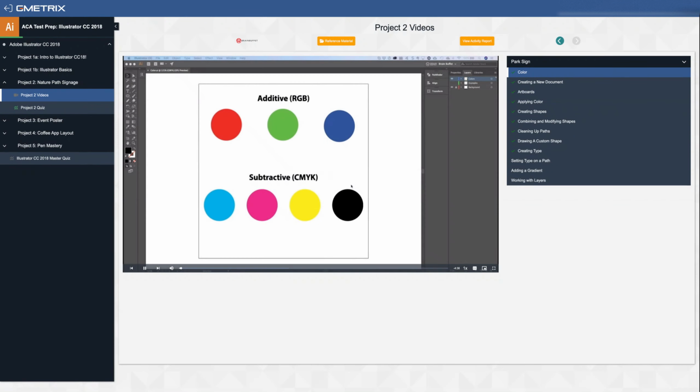As we move on to our first project, we're going to have to answer a few questions as we create a new document in Illustrator. One of those questions is going to be, what color mode do we want to use for our document? So in the interest of not putting the cart before the horse, let's briefly discuss the available color modes and